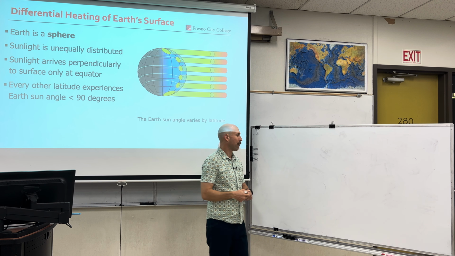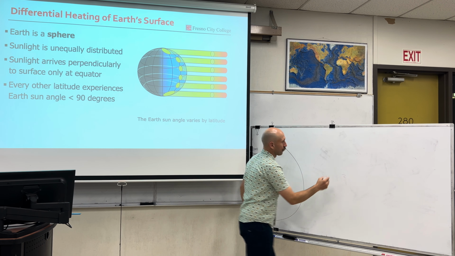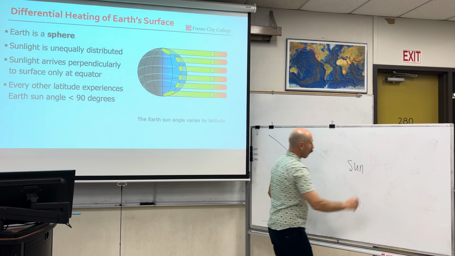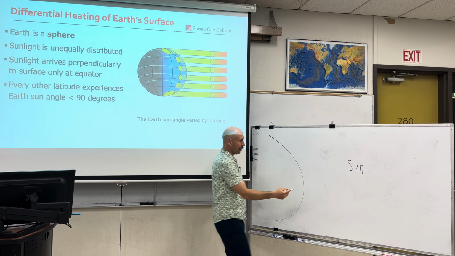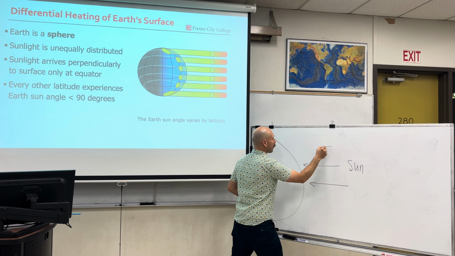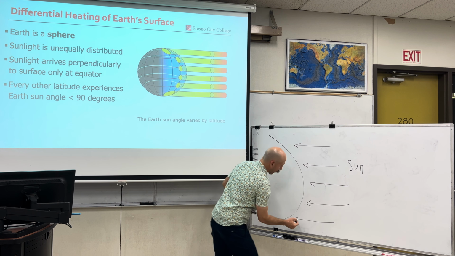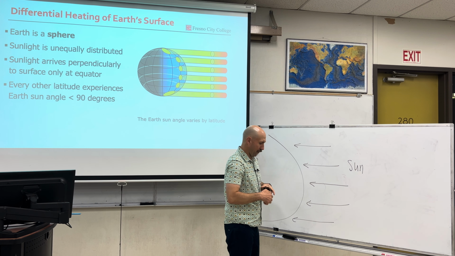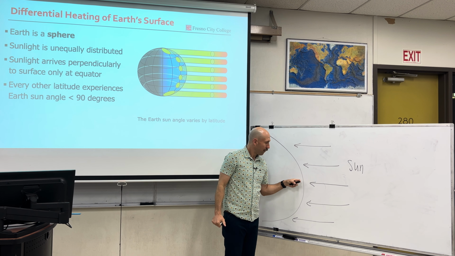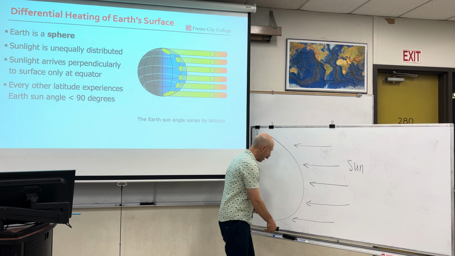receives light from the sun. And that light is approaching Earth essentially from the same direction everywhere, because the sun is so big. Now, when the sun's light shines down on the equator, the angle is directly overhead, and that angle changes because of the curvature of the Earth the higher in latitude that you go.